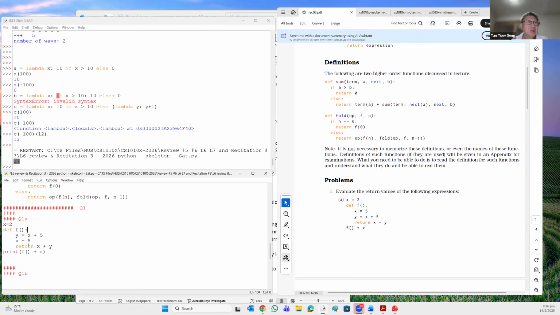Because y is 2 plus 5. Then you return 7 plus 5, so it's 12 for your function f. Then plus global x, which is 2, so you get